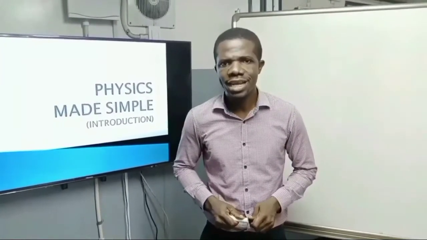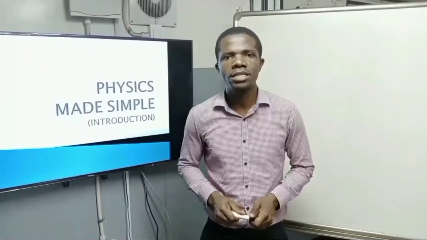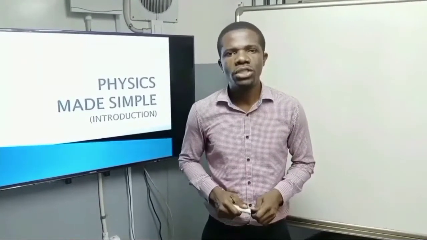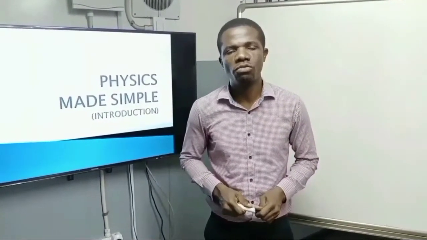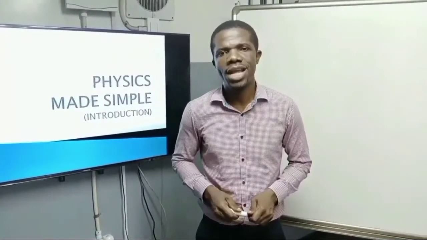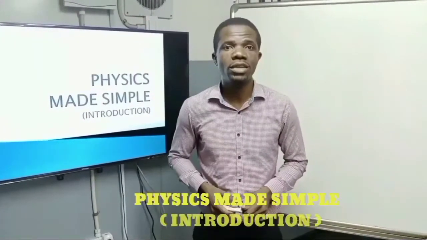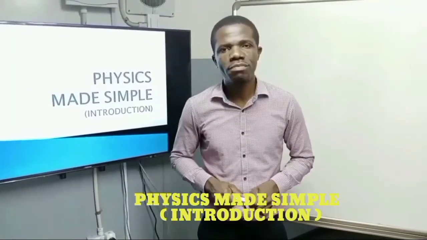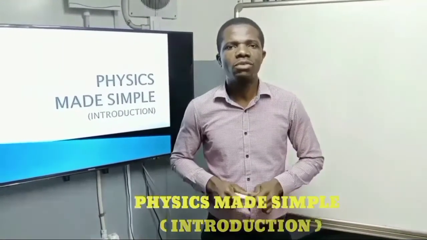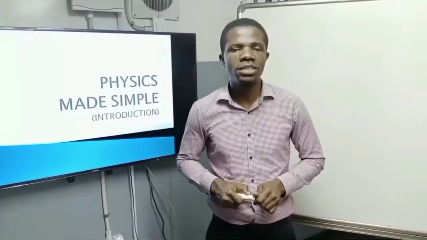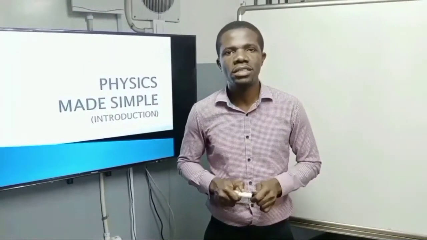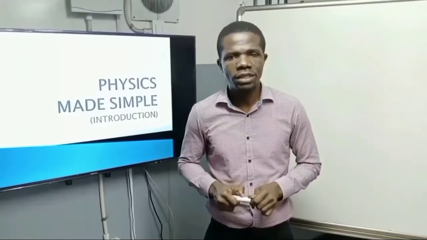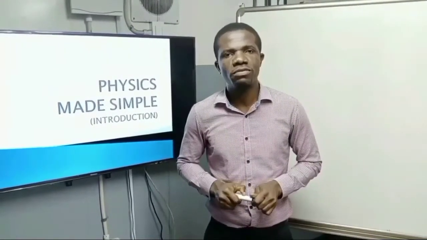They have their words and terms they use to describe it, and this was a source of concern and worry to me until I came up with a method of teaching physics that has been really helpful to these students. What did I do? I came up with unconventional, non-routine methods of teaching physics. I try to relate physics to things they already know, things they see in their homes, things they see while they walk along the streets, and we bring these things to physics, and they get to appreciate physics more.